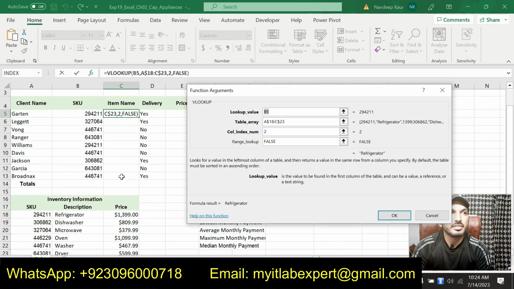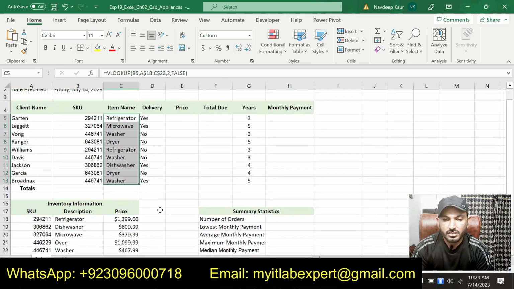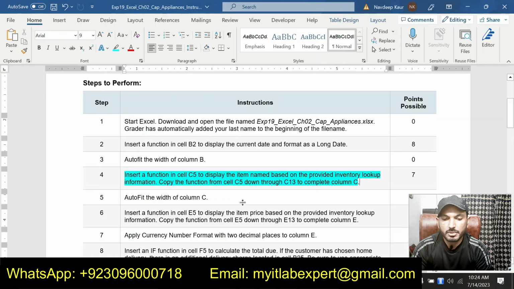Table array is given, that is this one, A18 up to C23, and column index is 2, and then range lookup will be false. So now we will use the autofill handle to get the other item names, and we got the item names for all the inventory information, and you can match these item names to these ones. So that is all about step number 4.